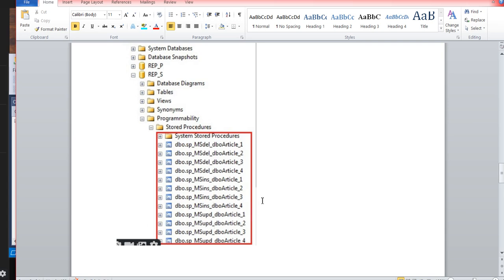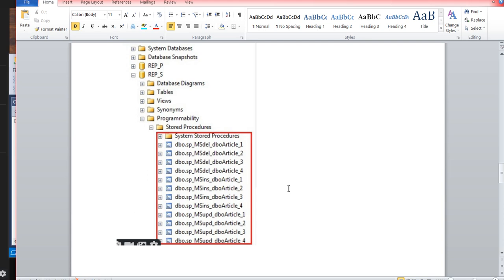If you come to here, MS_update is for update. So for all those three things, not only for delete, if you want to insert on the publisher but you don't want to insert on the subscription, you need to modify this stored procedure. In the same way I discussed for do not replicate, you can choose it for insert and update also, but again it's the worst process.